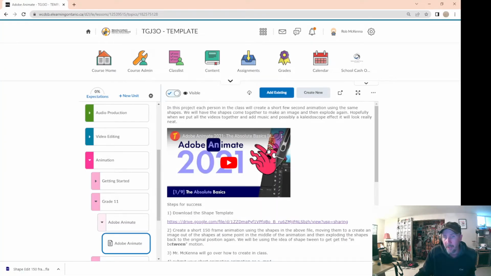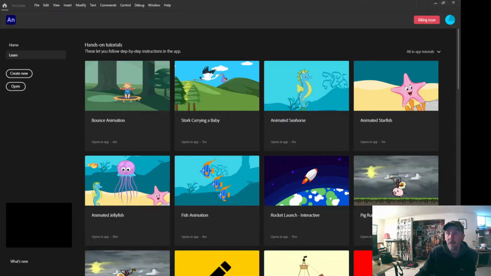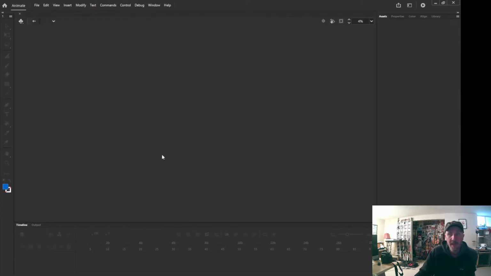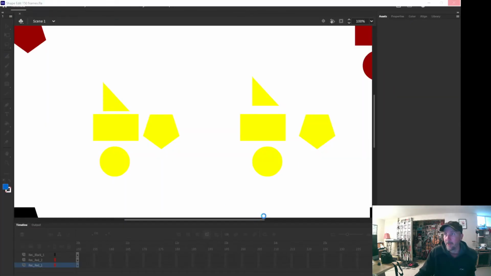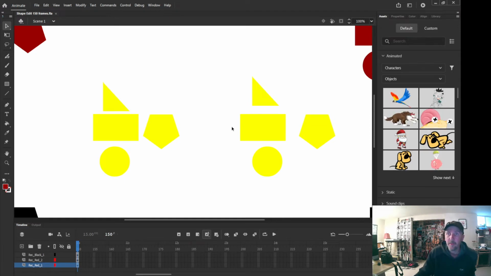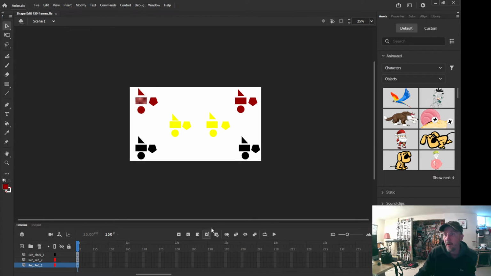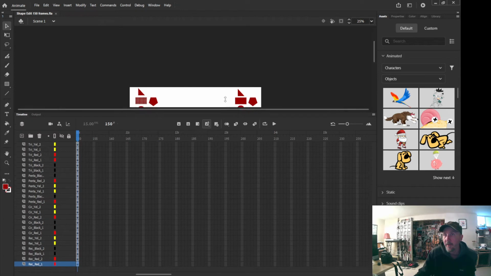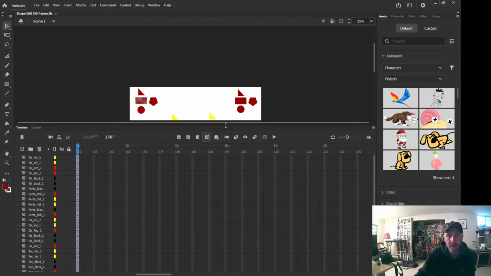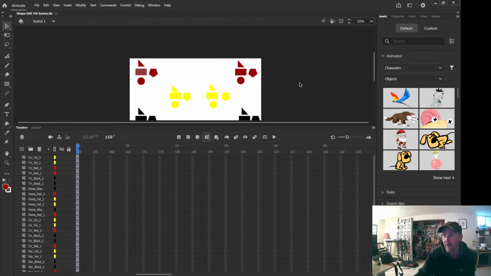That would be in my downloads. I'm just going to click this and show you. If you click that, it will open up that project in Adobe Animate. Now, there's a couple things. This project is pretty big, so what I'm going to do is I'm going to make that window small. And each one, I'm going to do this. So I got to customize my window a little bit here,